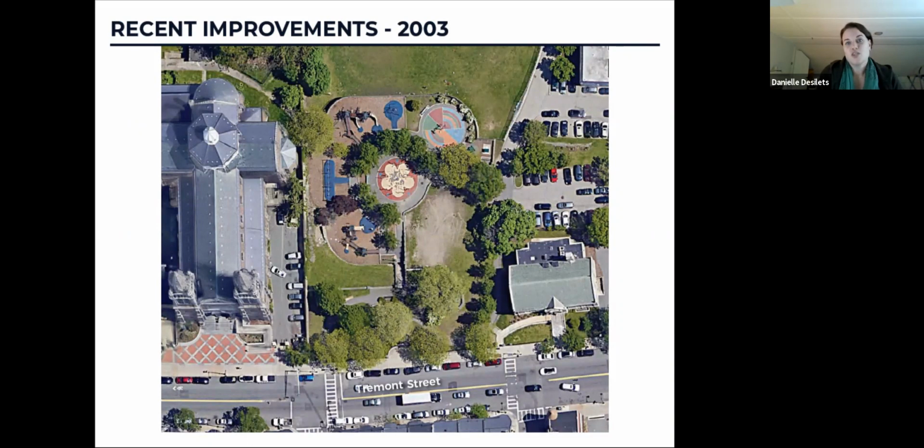So this image is relatively recent, but focuses on the playground in part because in 2003 to 2005, there were substantial improvements to that playground area, which involved a local artist by the name of Ross Miller. He has a number of installations throughout the city.